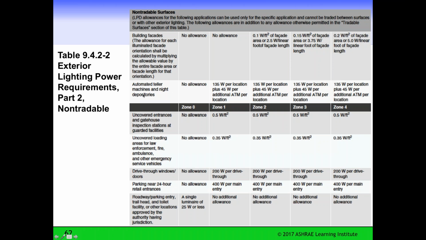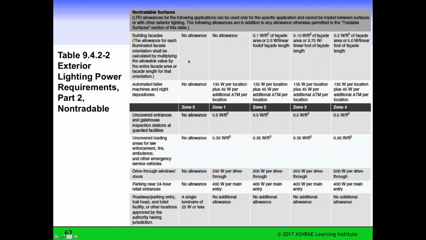Automated teller machines and night depositories, entrances and gateways, inspection stations at guarded facilities, uncovered loading areas for law enforcement, fire, ambulance, other, etc. In general, you either have no allowance if you're in an undeveloped area of a park, or the allowances are all the same. There's no variation for density of development. It has to do more with safety.